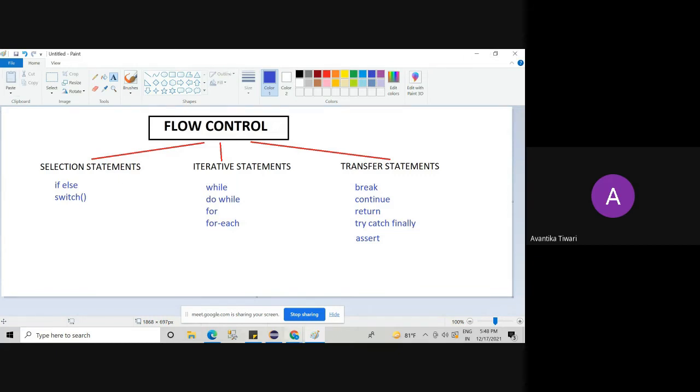Done? Yes, ma'am. Okay. So the first category, selection statements, is used when some selection has to be made from the code. That means if the condition we specify is true, then this part of the code should be selected for execution, and if the condition is false, then the other part of the code should be executed.